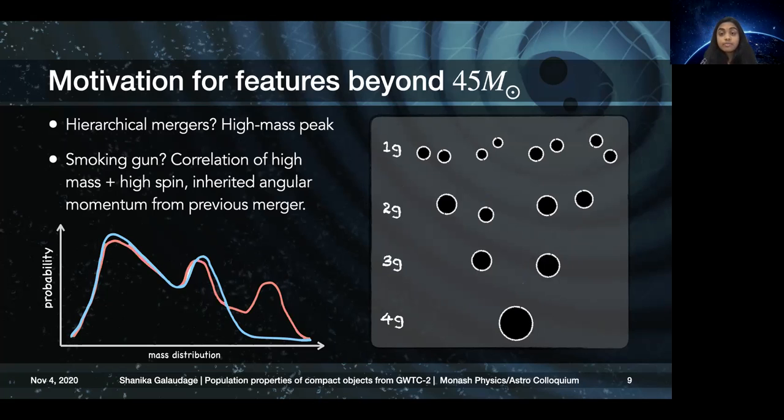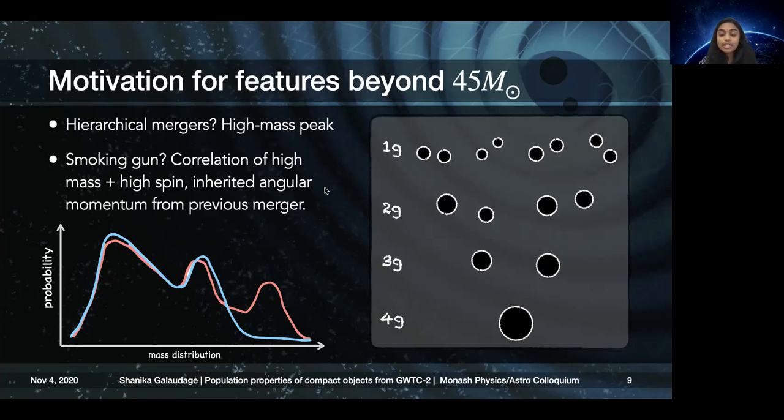solar masses. So what this involves is you have two black holes, they merge, and then they might merge again with another black hole. So on the right here, I've just denoted these black holes merging and merging again and merging again. So we call them first, second, third, and fourth generation black holes. So you can consider high mass black holes to be hierarchical mergers, but the true smoking gun for